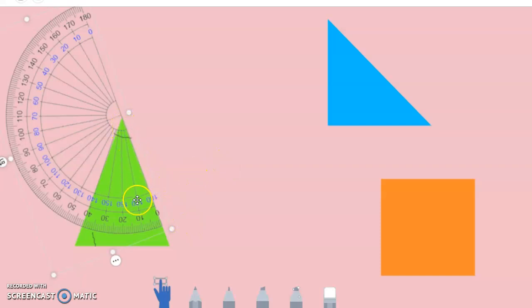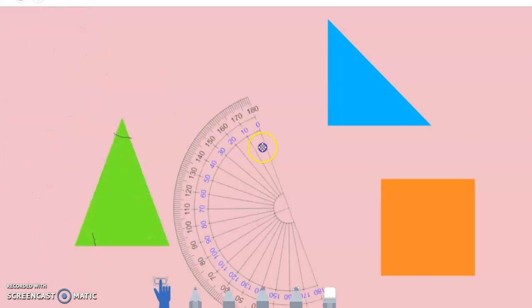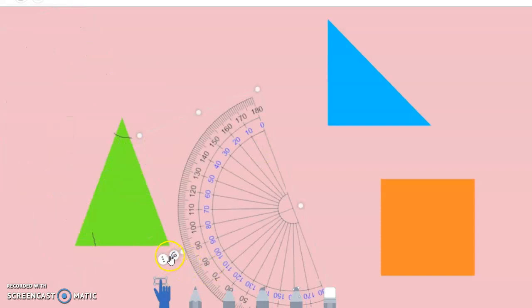So this is on the straight part, and then I'm going to look down here, and again, I've got to decide, is it 140 or is it 40 degrees? Again, I know this is an acute angle, which means it's less than 90 degrees, so it is 40 degrees. All right, if I want to do,